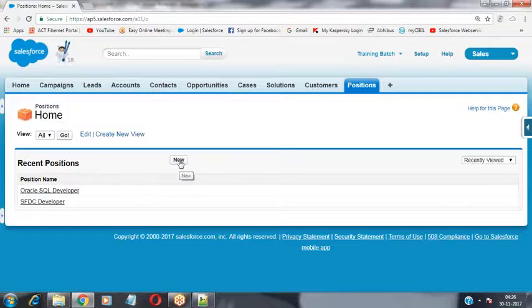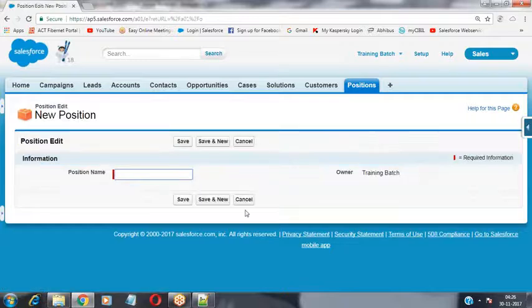Now when I click on the new button, it is populating a user interface for me. This is a custom object, and we haven't added any custom fields inside it.